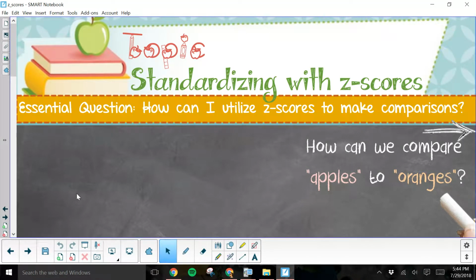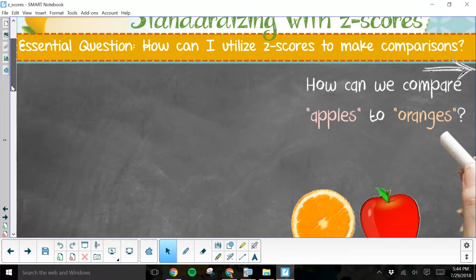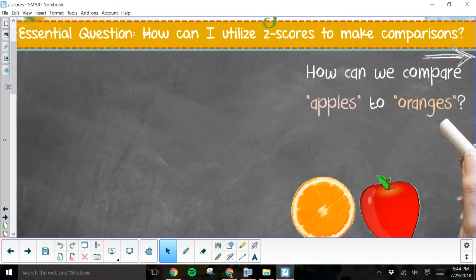This is a very popular concept in any statistics course that you run into, and also just a very interesting concept that I've used even in my own life when I'm trying to make some comparisons. Because let's face it, most of the things that we deal with in real life, we can't really compare because they're apples and oranges. So really I'm going to show you how Z-scores can help us make comparisons when things are like apples and